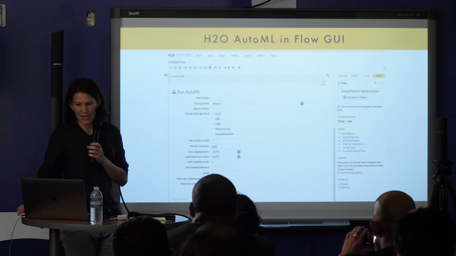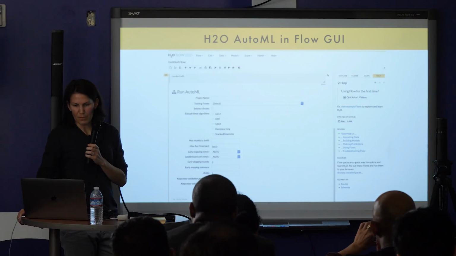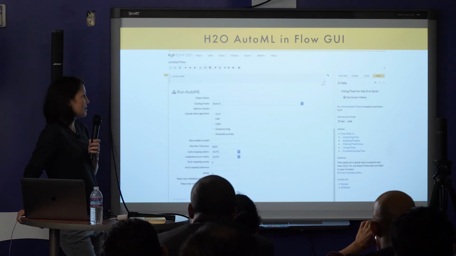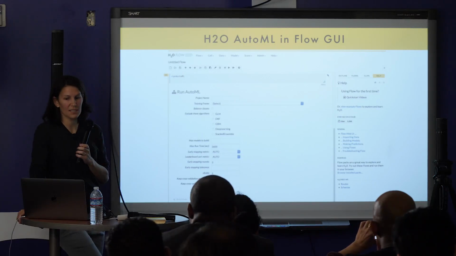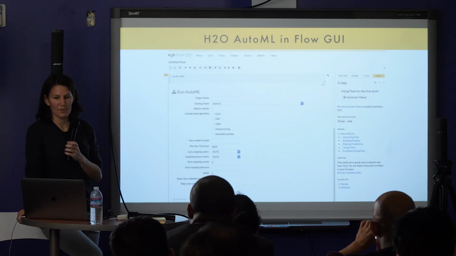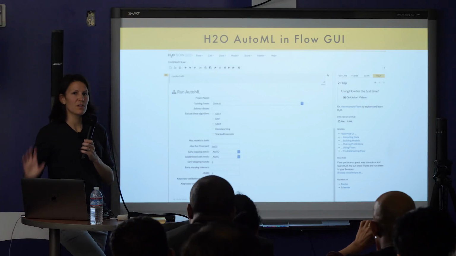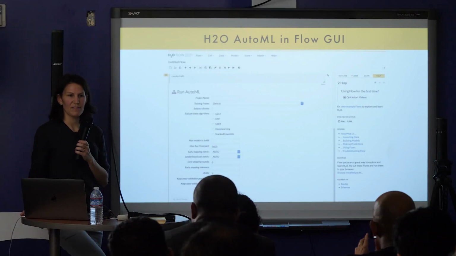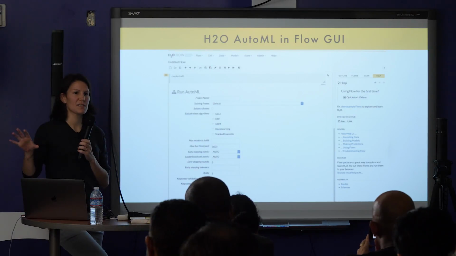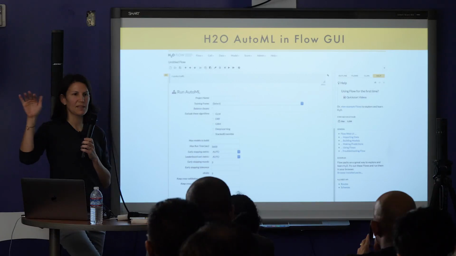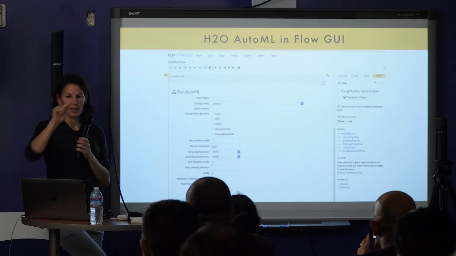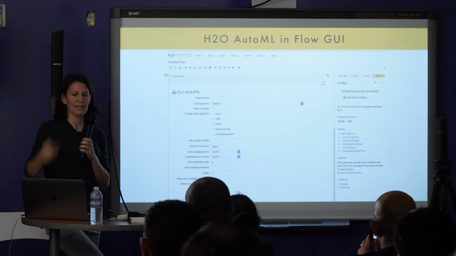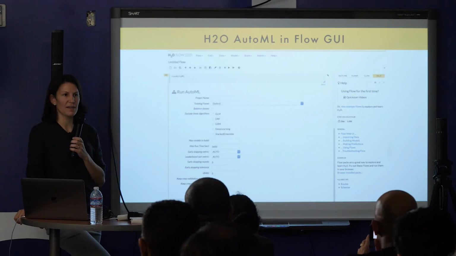So let me just show you now, what does the interface look like? So this is called Flow. This is the GUI for H2O. Anytime you start up H2O, it will also start up a web server that's running this GUI, basically. And so even if you're using R or Python, you can always switch over to the GUI. You just type in the right IP and port into your browser,